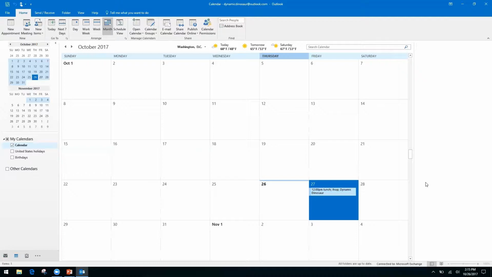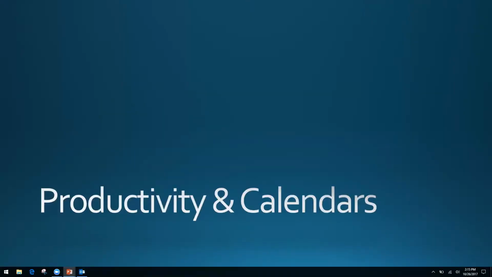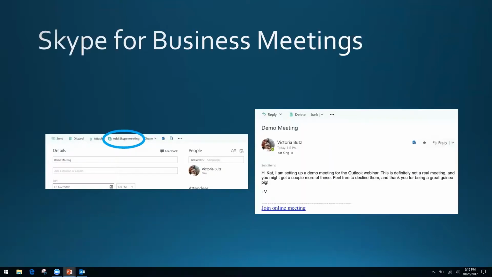So there are a lot of plugins that you can browse through in the Microsoft Store, see what's going to work for you. If you have somewhere that you have frequent meetings, that is something that you can set up as a frequently used option. One other thing, if we are going to use the online meeting option, I am showing this